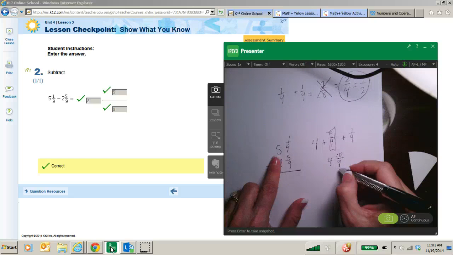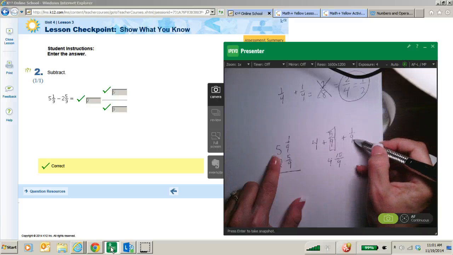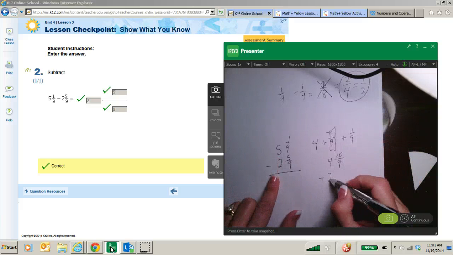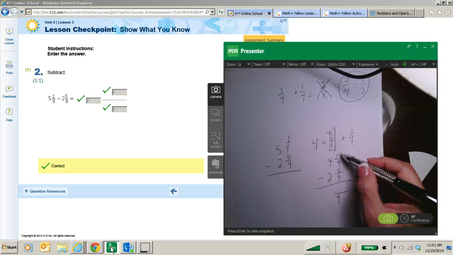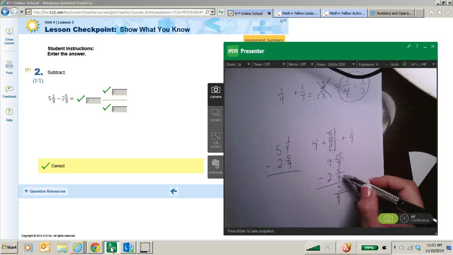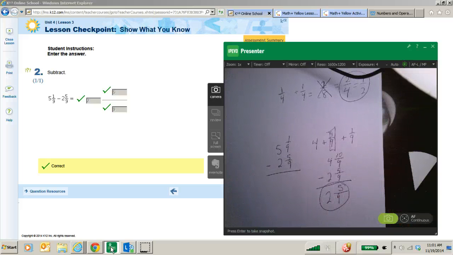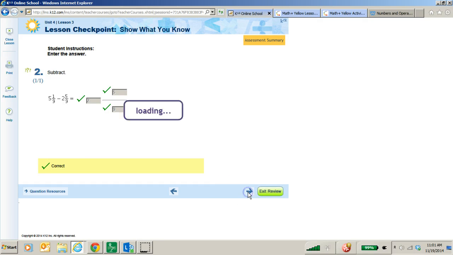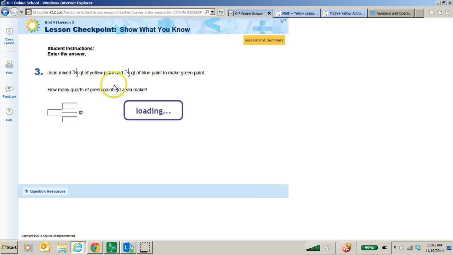So I took this 5 and turned it into a 9/9, or 1 whole, plus 1/9 to make 10/9. And now it is easier to subtract. Again, my denominators stay the same. I have 10 take away 5 is 5. So I have 10 of the pieces, take away 5 of the pieces is 5. And then my answer is 2 and 5/9. So definitely encourage your child to think about how to regroup when subtracting,